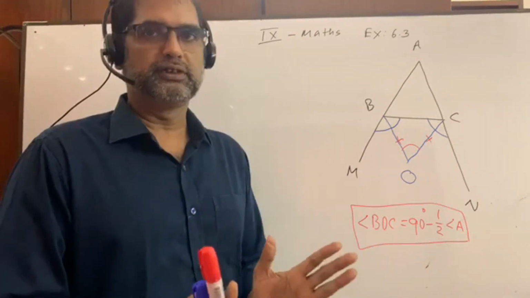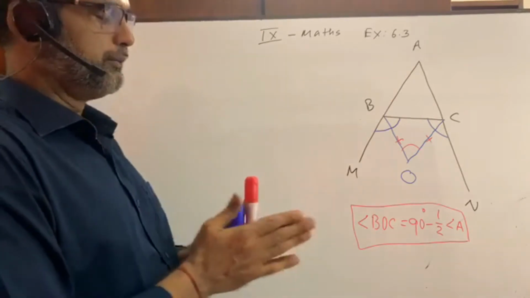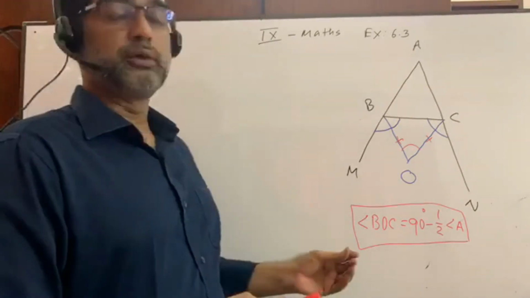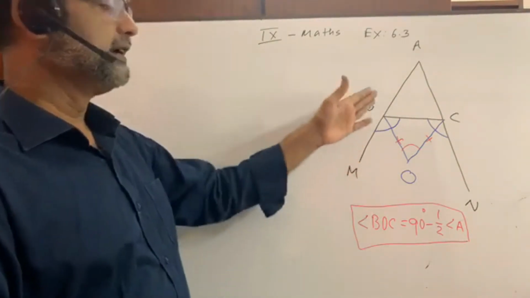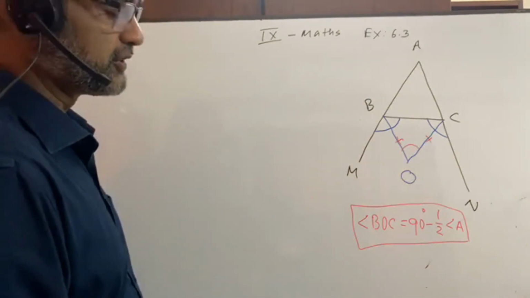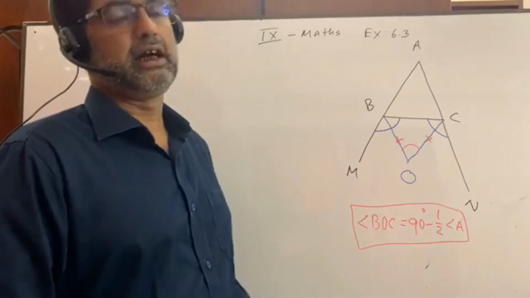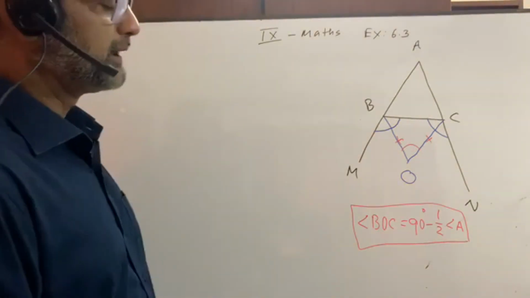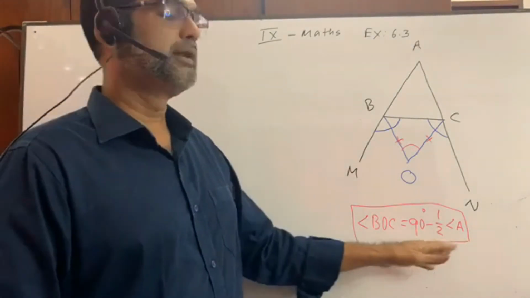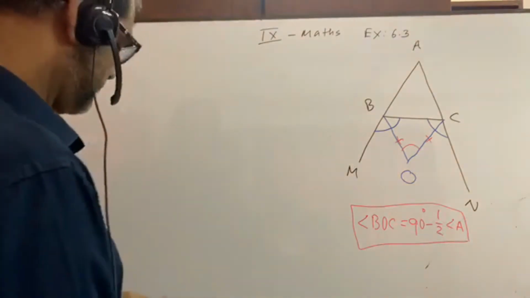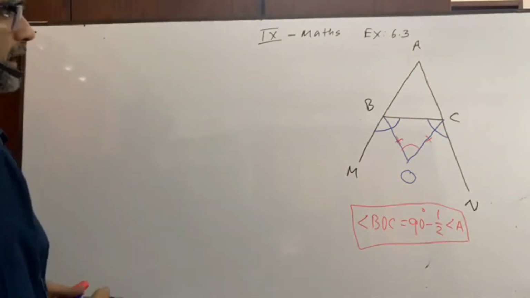For the internal bisector it is a positive sign, and for the external bisector it is a negative sign. So all of you be attentive to get the differences between the internal bisectors and the external bisectors, where the angle for external bisectors will be 90 degrees minus half of angle A, and for internal bisectors it will be 90 degrees plus half of angle A. Now you see, my dear students, here what can be written.